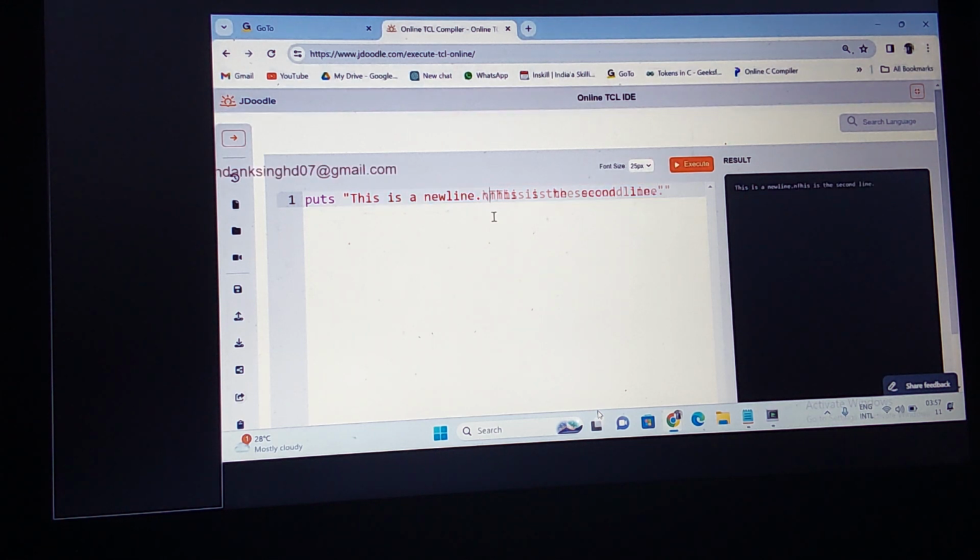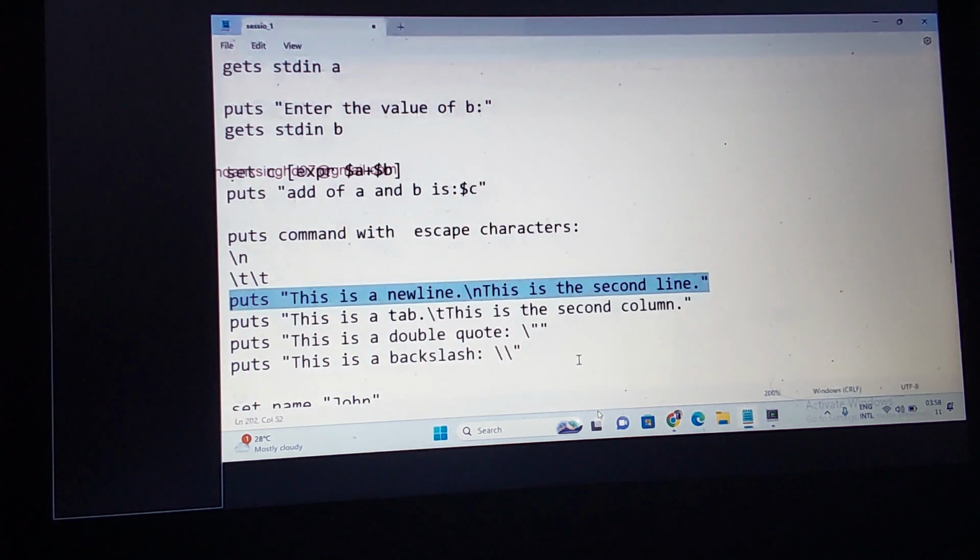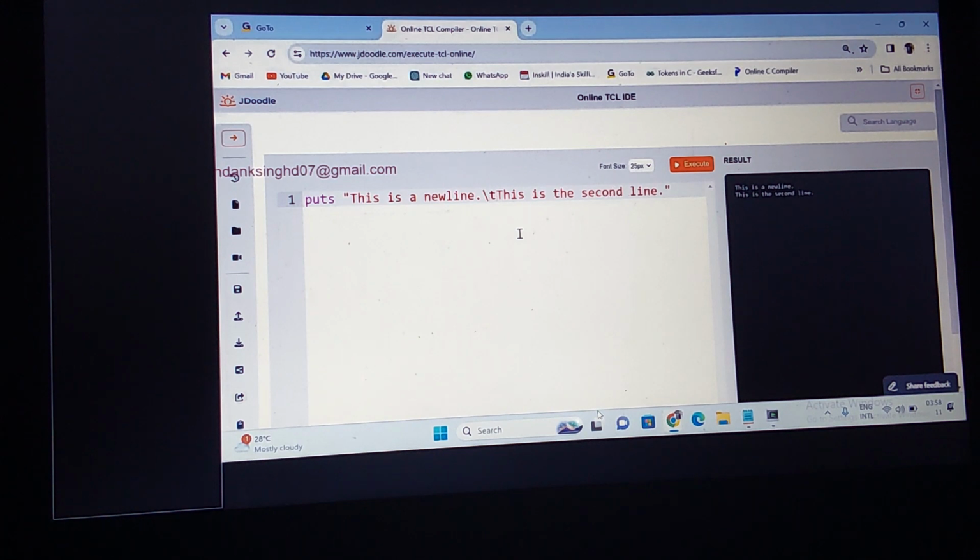Now I want to escape this escape character, backward slash n. Now this will be printing like first line is this is the one, and second line this is the one. How do you understand this? Then what is this, backward slash t? Backward slash t is for what? One tab space. So after this it is going to be one tab space.